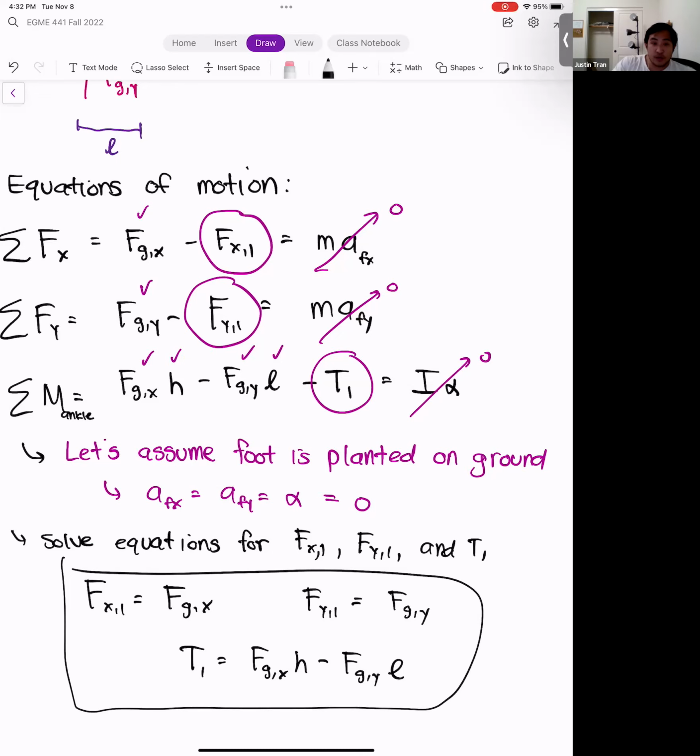All right, and so in this particular case, we were able to solve for all 3 of the unknowns from the equations straight up, and that's not typical. There are situations where you're not going to be able to do that, but this is a special case. When you have only 3 unknowns and 3 equations, you can solve for all the unknowns from the equations. Okay. All right. Any questions on this?